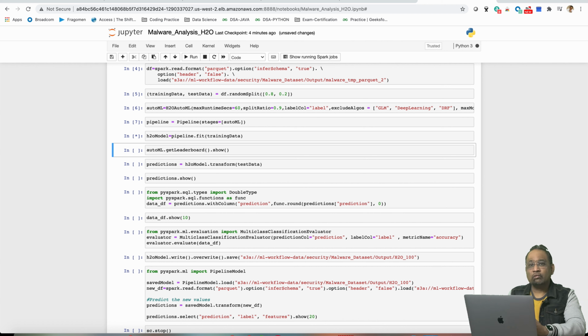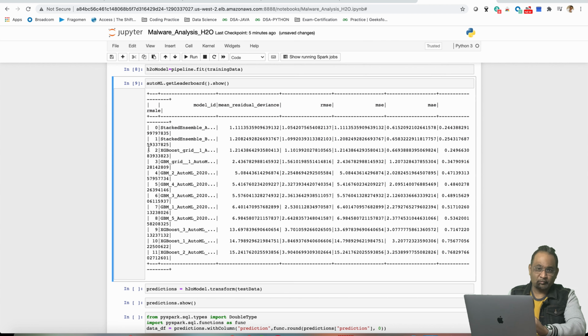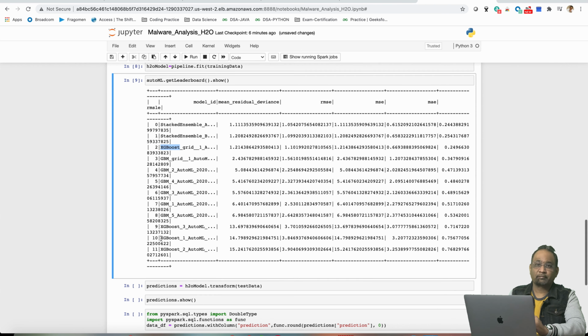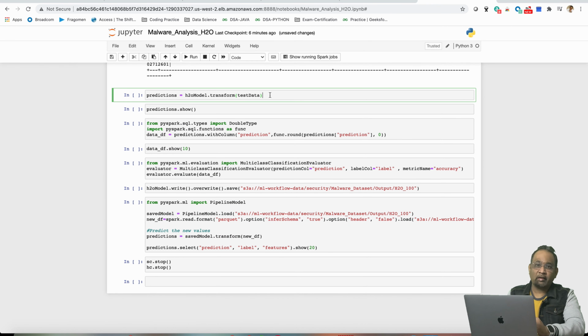The next two cells are to declare the ML pipeline object and fit the training data. Once the data is trained, we can see the top models stored based on the RMSE, which is root mean square error, and the lower the error, the higher the accuracy of the model, and we can see XGBoost is again outperforming all other types of algorithms. The next 5 cells are run to predict on the test data and evaluate the accuracy. Once done, we are saving the leader model to S3, and the same model can be used in a production app to run the prediction against the incoming data.